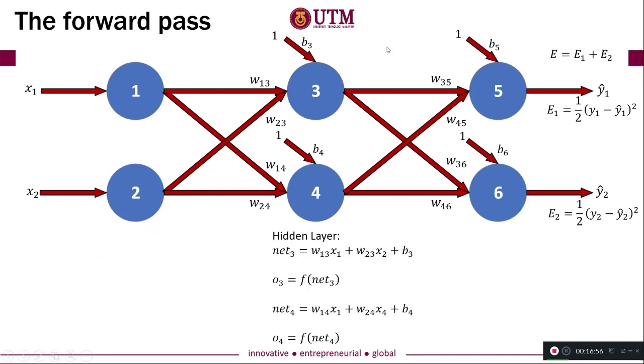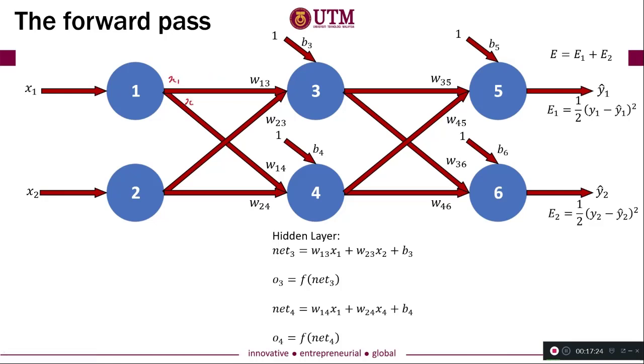At the hidden layer, remember this is the input layer, this is the hidden layer. So now you can express one by one. You need to express to find the net and the O for each and every node there. For node 3 or neuron 3, net 3, you just define that net 3 is equal to W13 multiplied with your X. Just remember that this should be